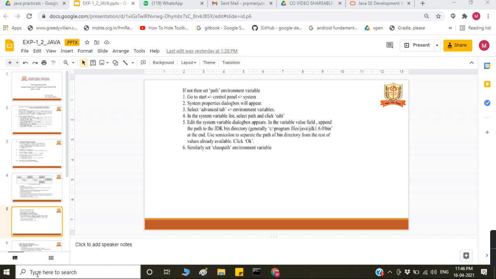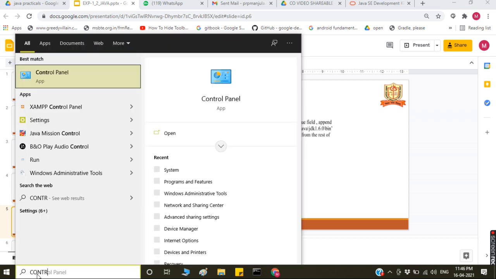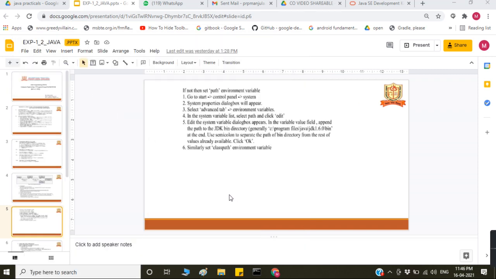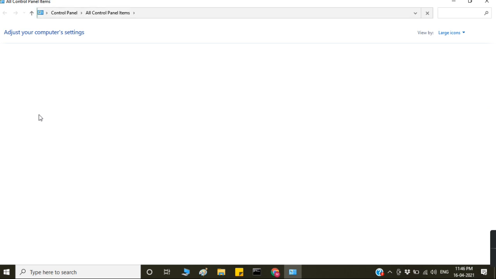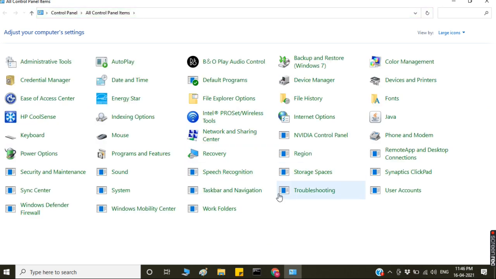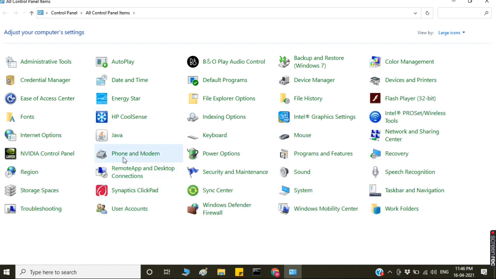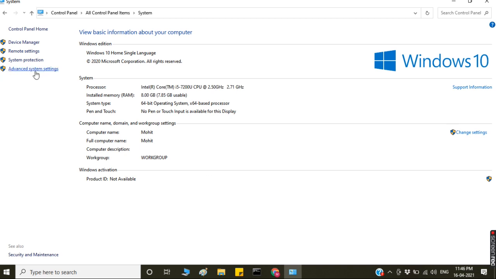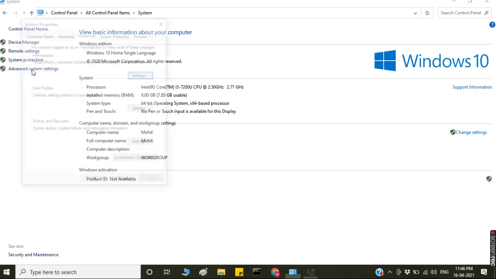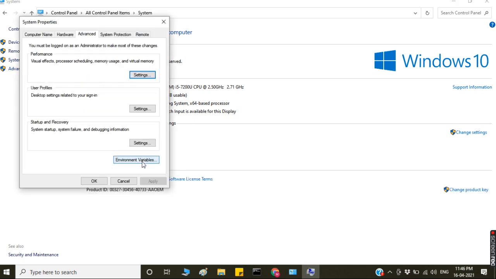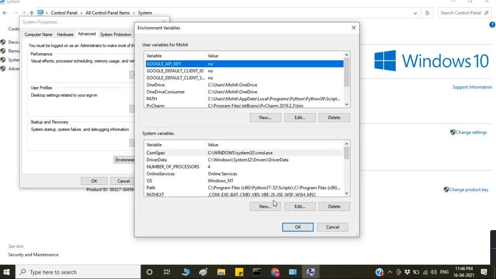Click on control panel, and then system, and advanced system settings, and here click on environment variables.